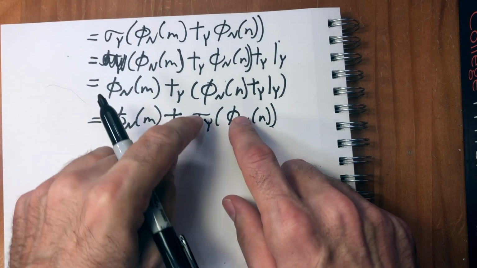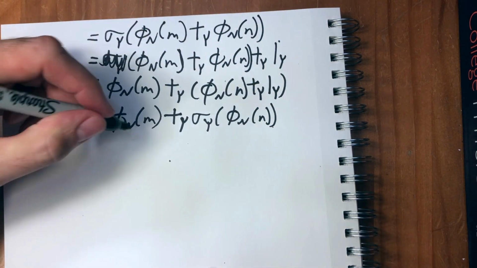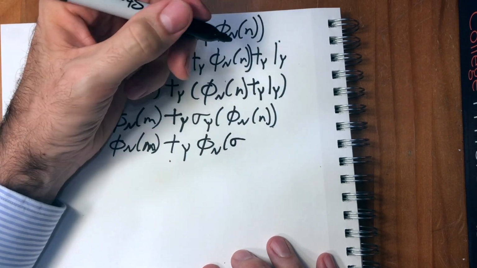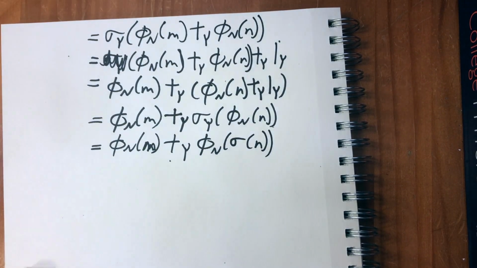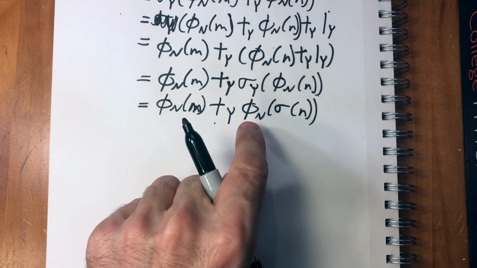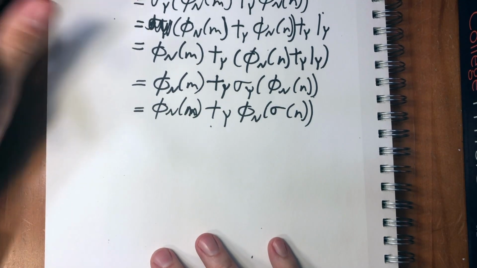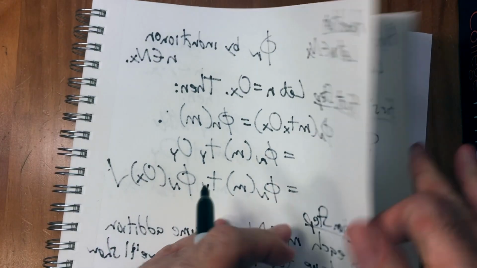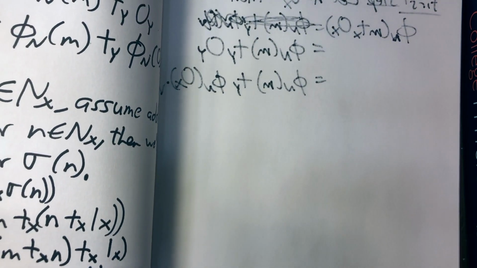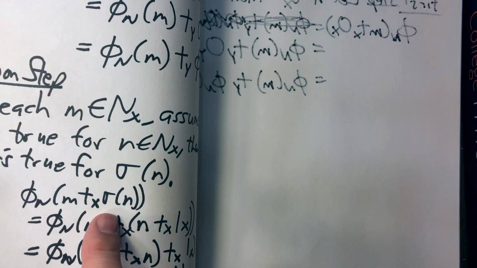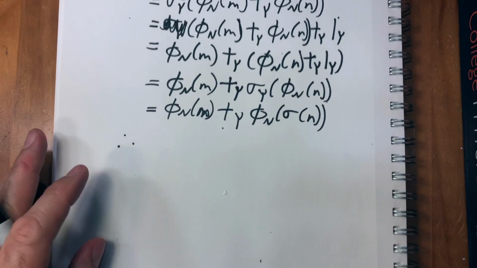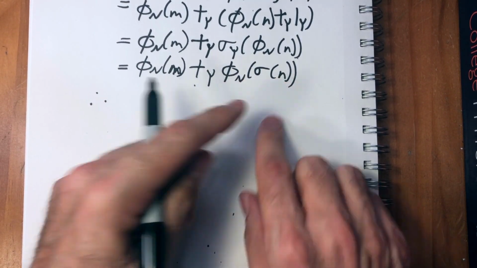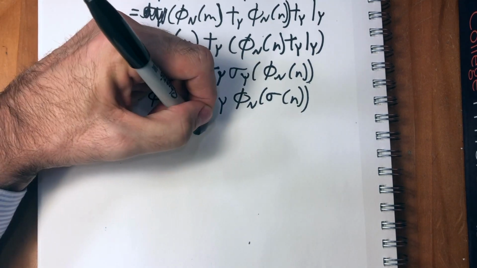Now we use our lemma again to move the sigma inside. And we have phi of m plus the sigma plus phi of the sigma of n. And that was what we wanted to show, because what we've shown is, starting from phi of m plus sigma of n, that equals phi of m plus phi of sigma n. So therefore,